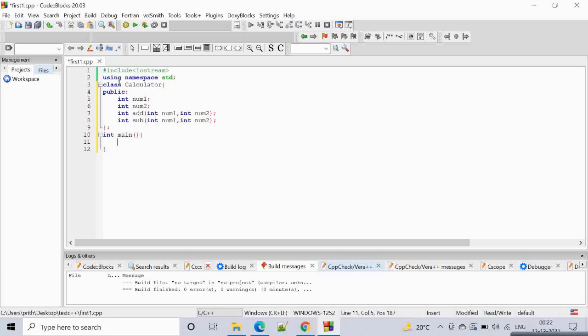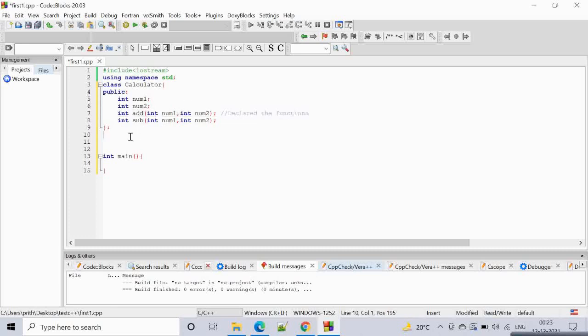But before that, what we have done here is just declare the functions, but the function logic is not written over here. So coming over here we will write the function logic.